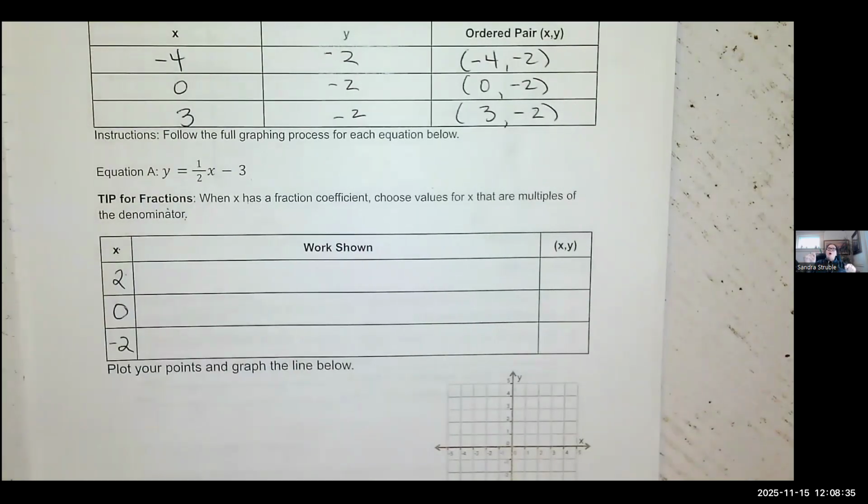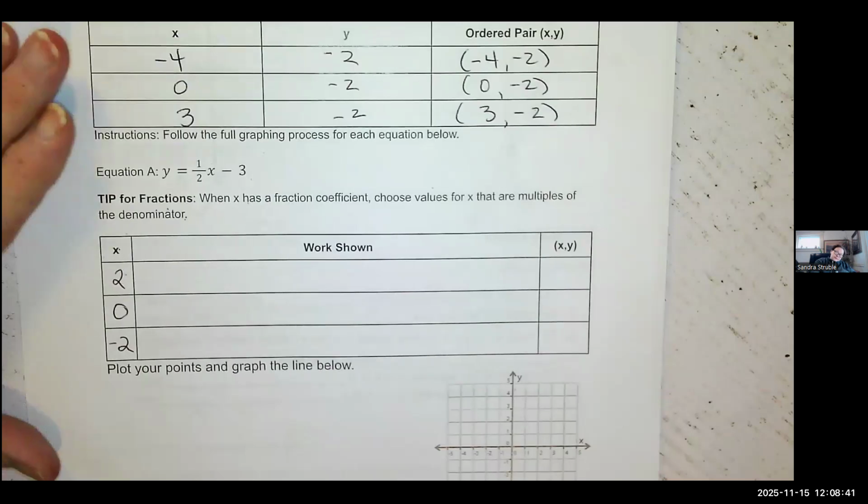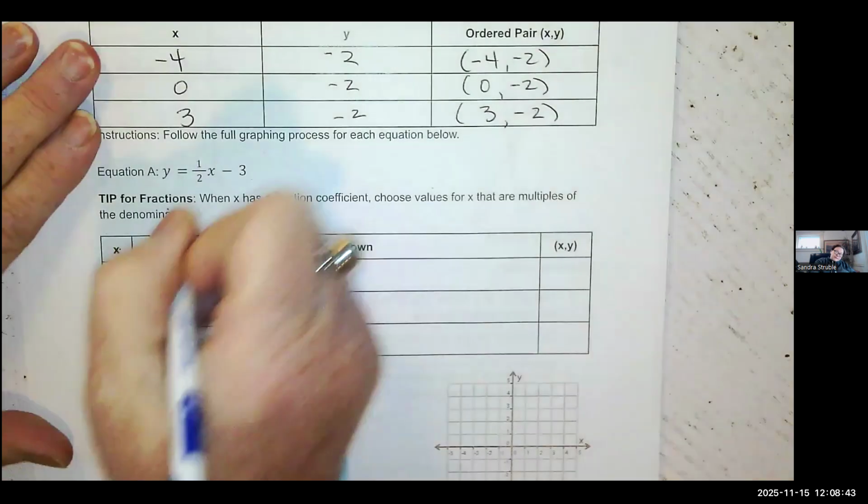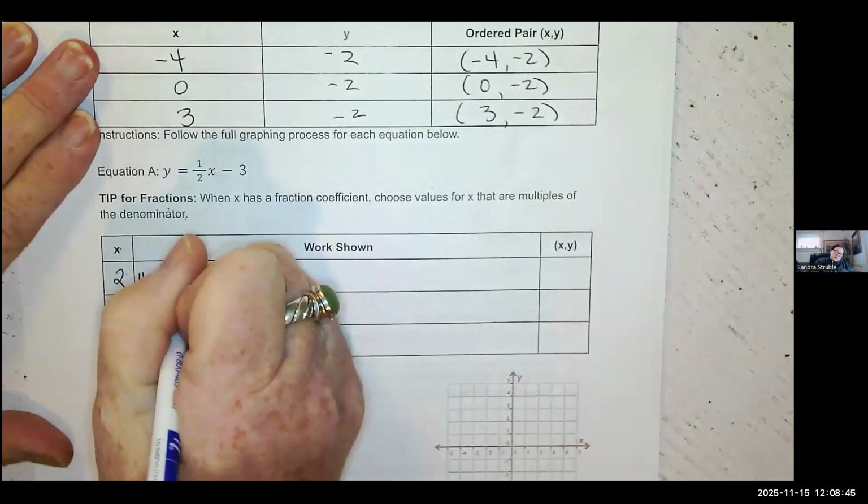Let me show you why. I'm going to do the first one. I want you to do the next two. y is equal to 1/2 times 2